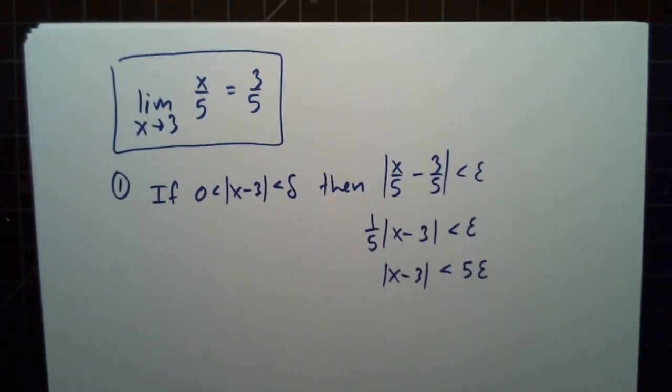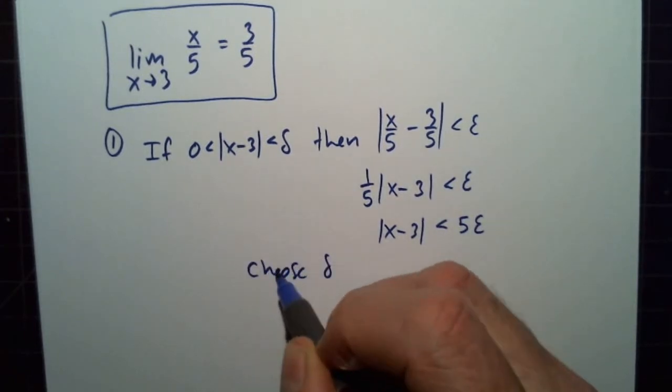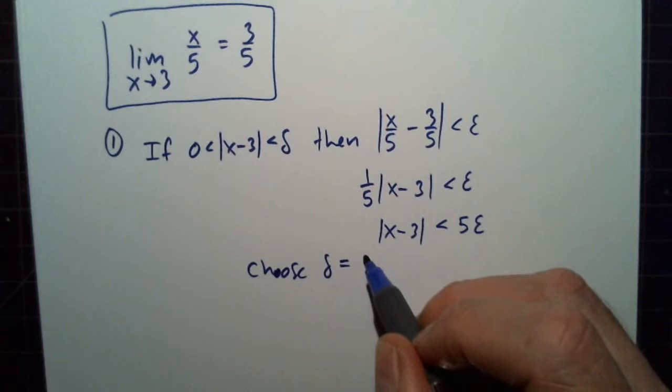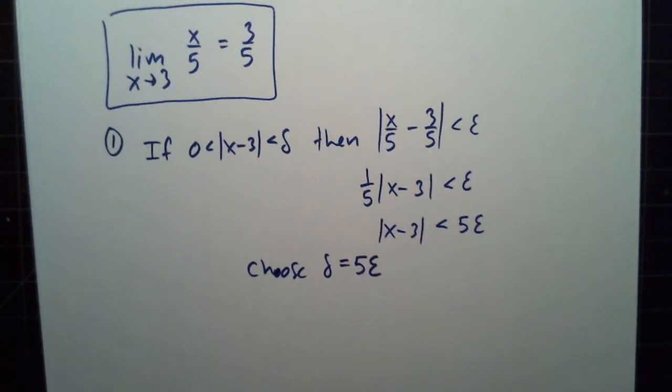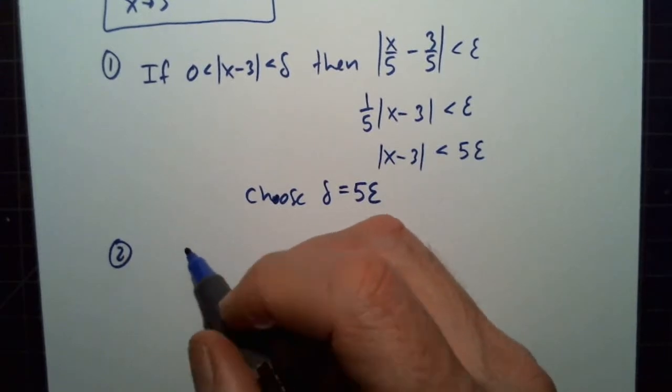And we choose delta equal to 5 epsilon. Then we can make this statement: